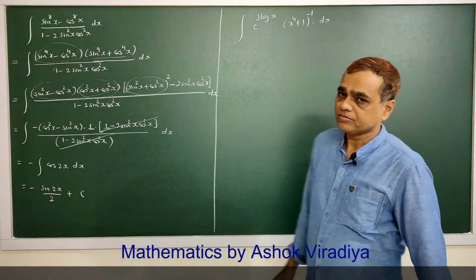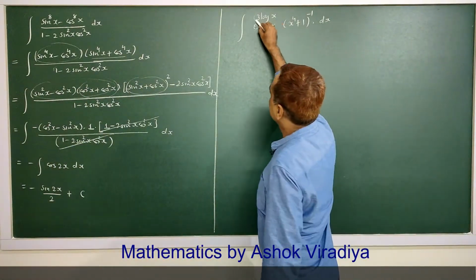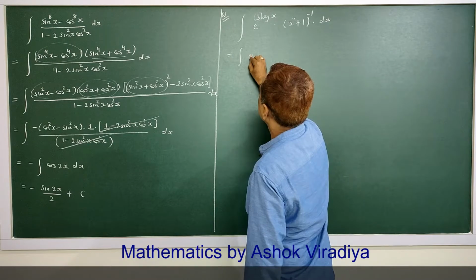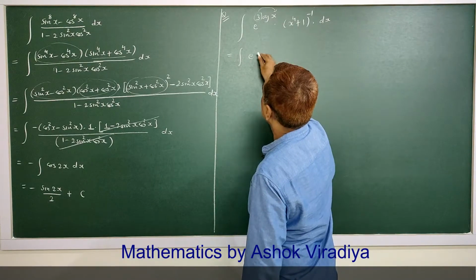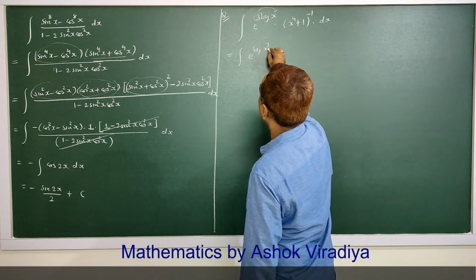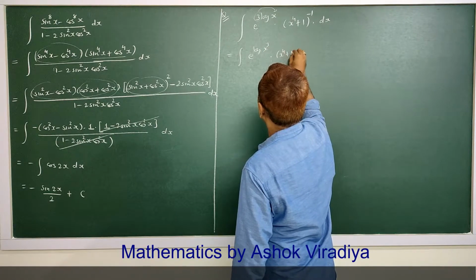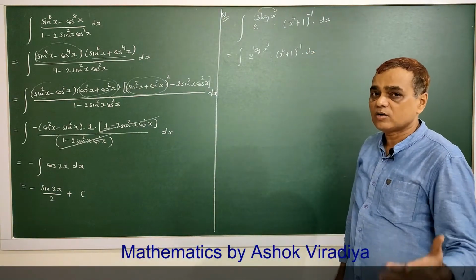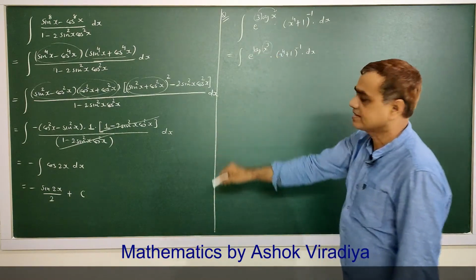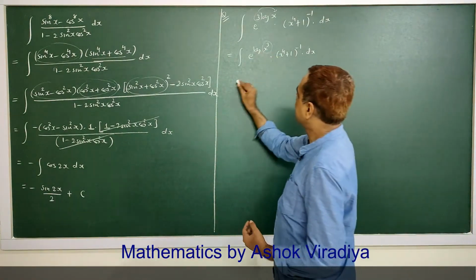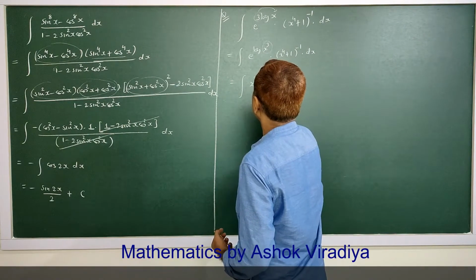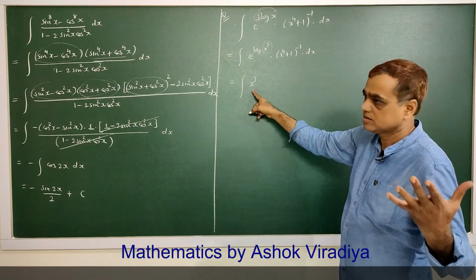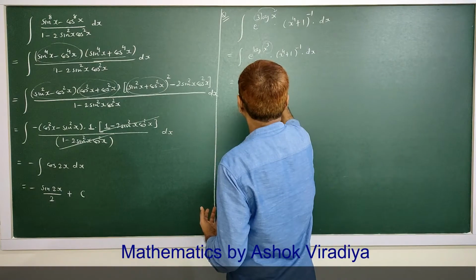In this question, first of all, we take 3 as exponent. This 3 comes up over x. So e raised to log of x cube into (x^4 plus 1) raised to minus 1 dx. Now, it is e raised to log f(x). e raised to log f(x) is f(x), by the property of log. Keep these as it is.